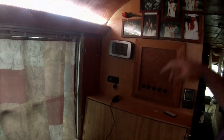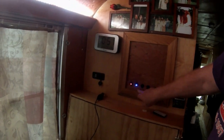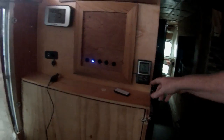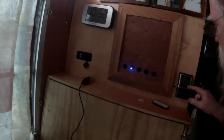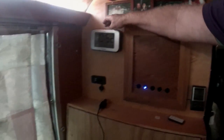I got a switch to turn on the propane, one to turn on the water, red for fire, blue for water, and one to turn on the overhead light over the table for when I'm reading or whatever. I do have the thermometer here that shows me high, low, and right now I got 86% humidity, and it's 76 degrees. There is an outdoor probe, but right now it's just laying on the floor down there. I got my clock, calendar, wedding photos from way back when,